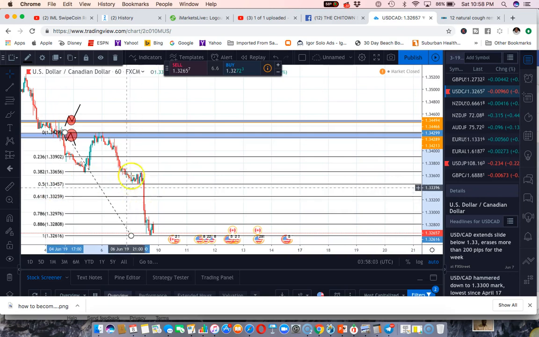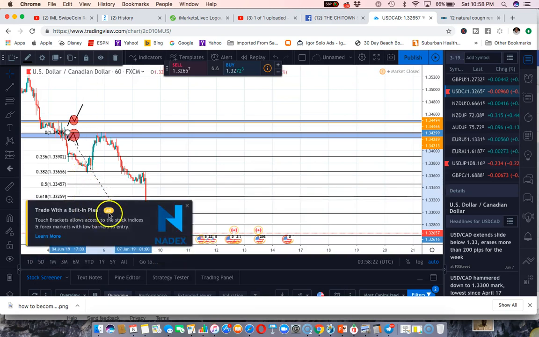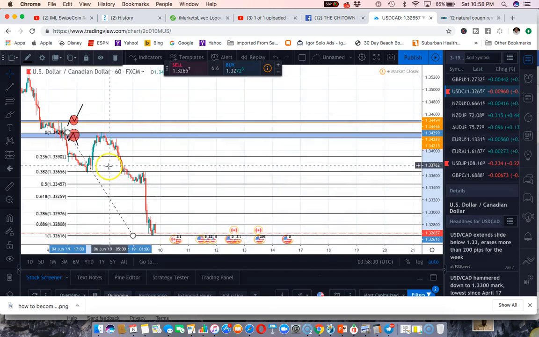Now, from what I've been taught, some people will utilize the 50 level, the 50% level right here, and a lot of people will utilize that. Okay, but from what I've been taught, my four levels, the most important levels, are 61.8, 38.2, 78.6, and 88.6. Now, in this example here, as you can see,